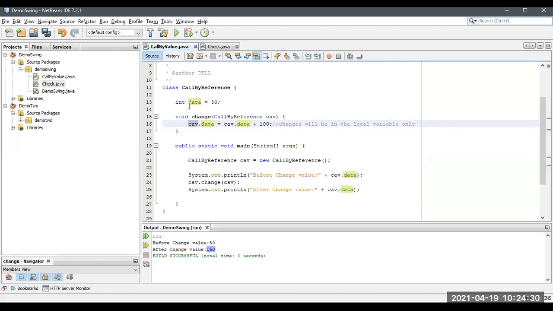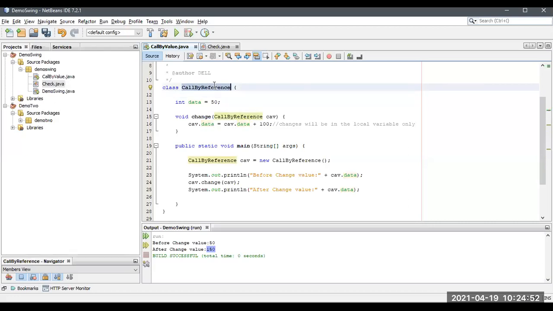Now I'm directly accessing the data, the primitive data equal to 50. In that case only can I access it, or else at the initial stage it shows a warning over here. A data variable is already assigned and it can't be changed. The warning will be in this way, and it can't be changed in the sense of a call by value.